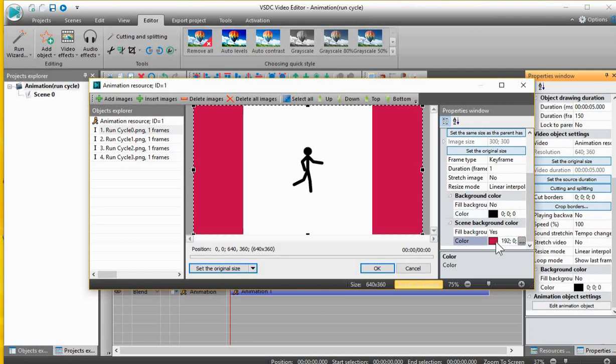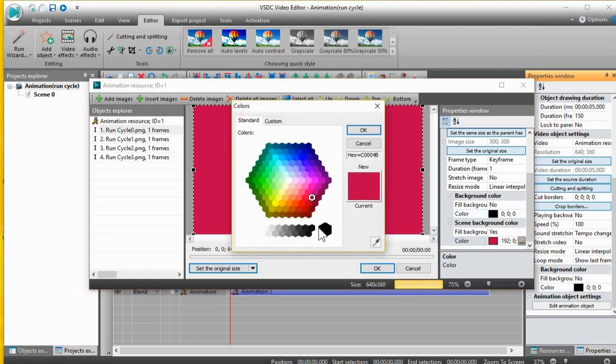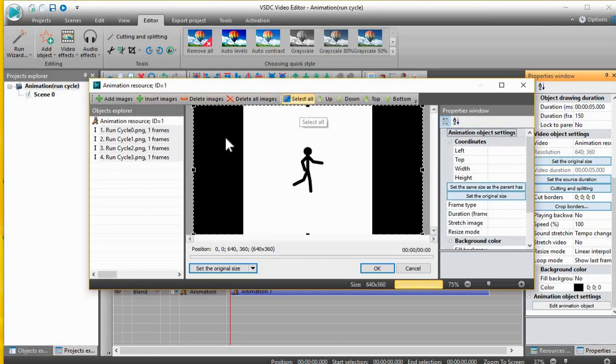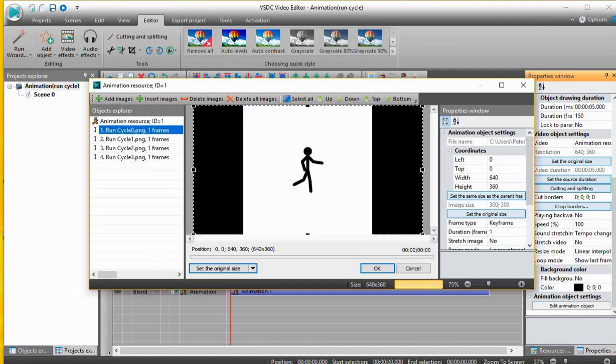And then you can set this to black. Anyway, so we have that. You can insert images, you can delete images, delete all images, select all. Select all makes it select all of them. Okay, so also this does 1 frame, 1 frame, 1 frame, 1 frame, and I think that's frames of